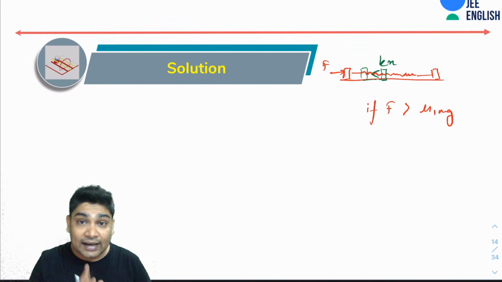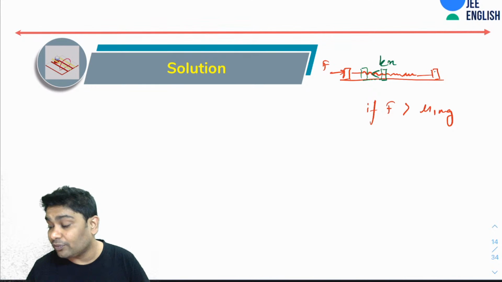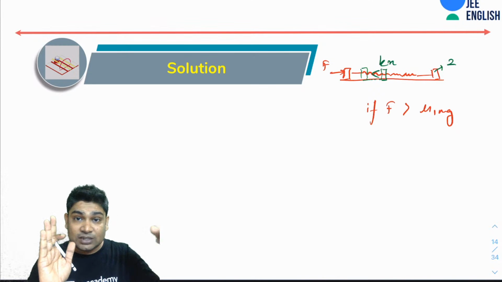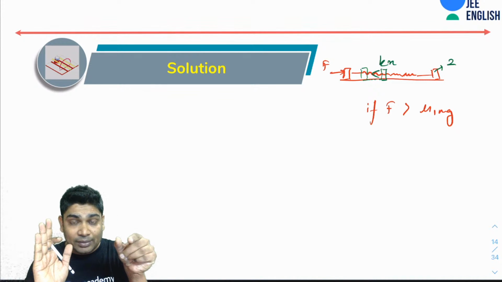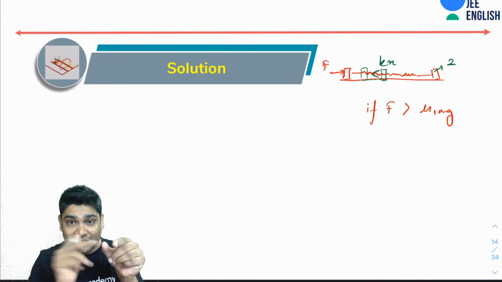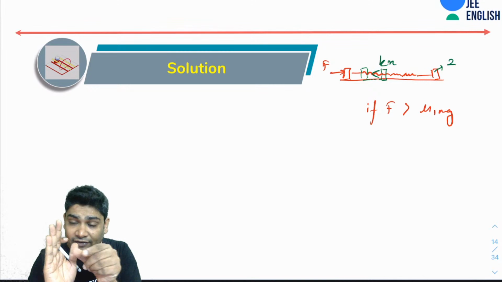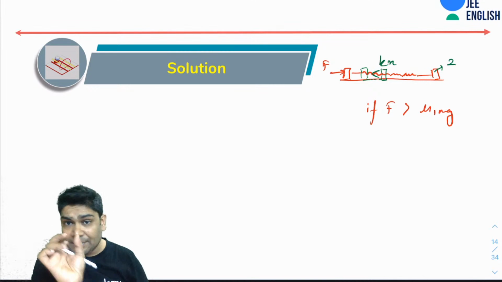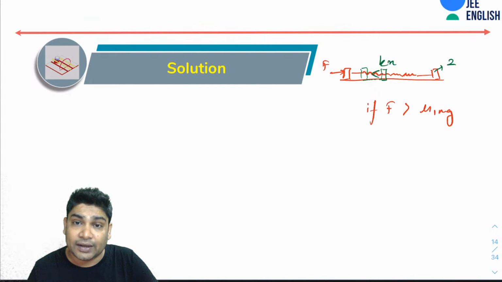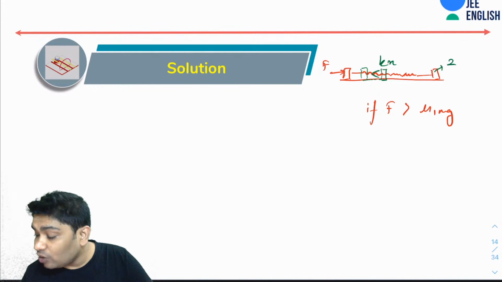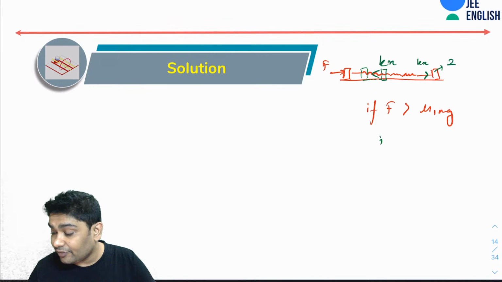Now during the entire time I am assuming that m2 does not move. I am assuming that the block 2 hasn't moved, only this block is moving. So it starts to compress, but as it compresses, the spring is pushing it back, causing it to slow down, and eventually it comes to stop. Now, whenever it comes to stop, this is the maximum compression that it can get in the spring. If at that point, when the spring has maximum compression, the force acting on this would also be maximum, right? It would be kx. And if so, please remember,